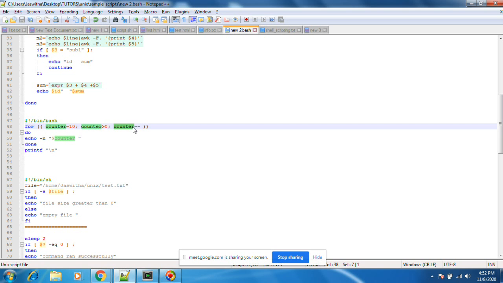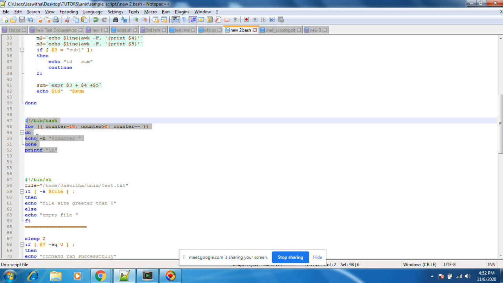After true, it does counter minus minus, meaning 10 minus 1, just decreasing the counter value by one. So it prints 10, then 9, then checks 9 greater than 0, prints 9, then 8, then 7, 6, 5, 4, 3, 2, 1, and then 0. At 0 the condition fails, the loop exits and will not run inside.